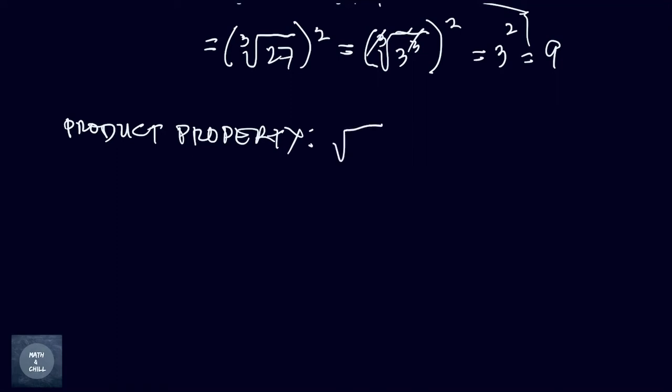the nth root of A multiplied by B is equal to the nth root of A times the nth root of B. So manayang property, product property na siya. So for example,